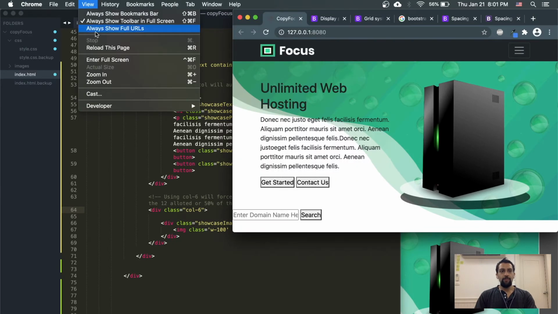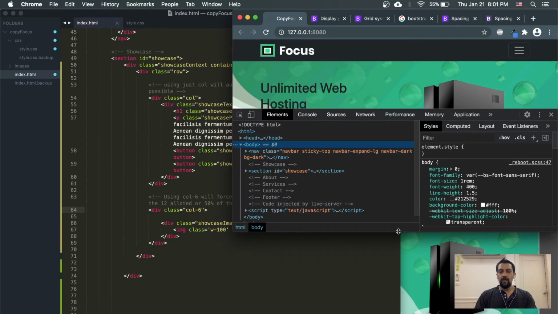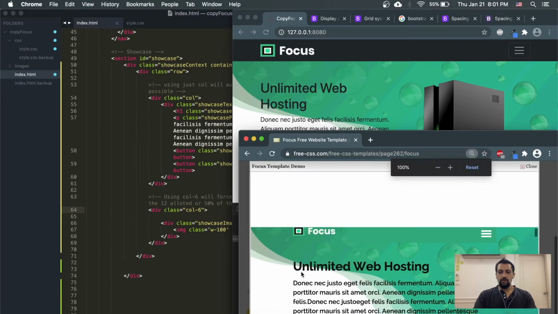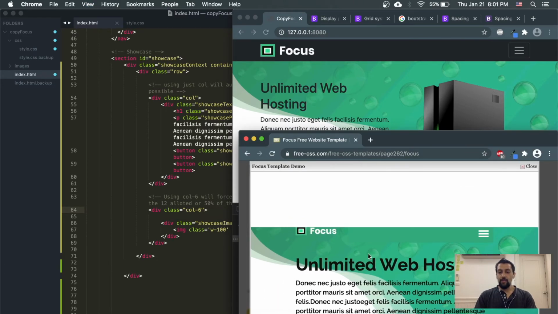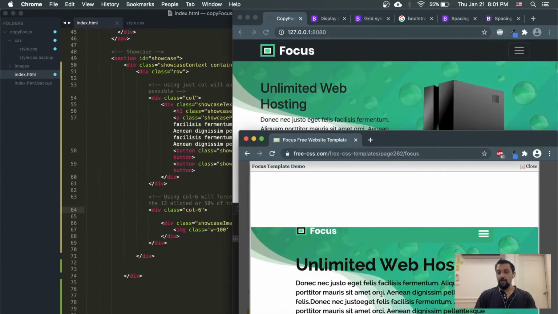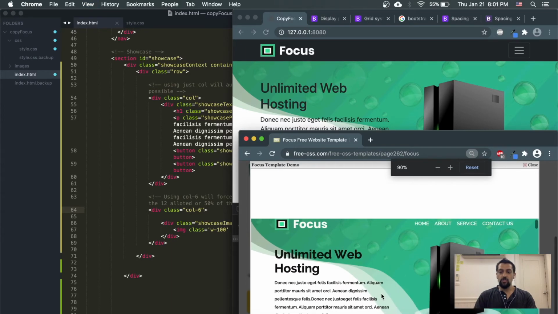If I want to make this responsive, how do I do that? So if I have this page, we see that in our original, if the screen is smaller than normal, this image goes away. So how do we make it responsive so that I can have that image go away